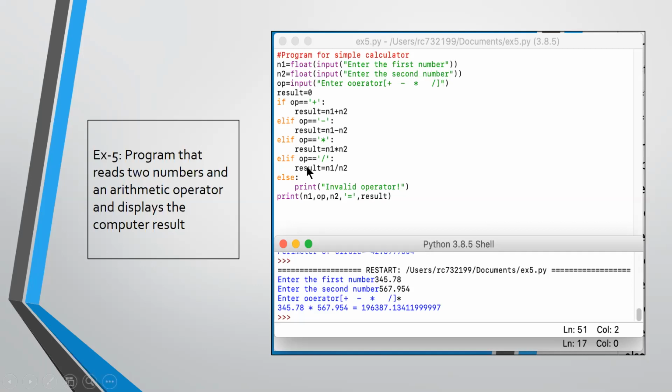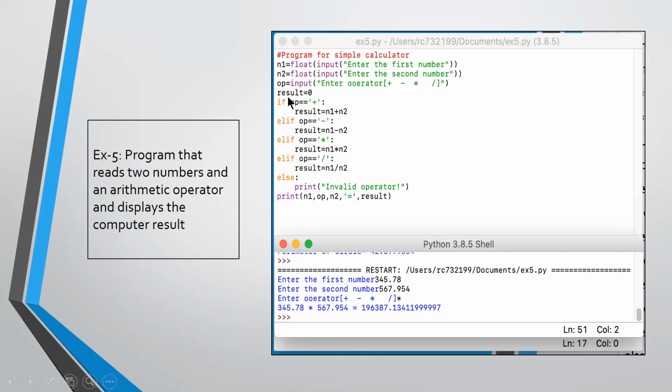Okay, look at the example given here, that is, look at the program. n1 is float of input, or int of input, whatever it may be, and then I'm reading the operator. Input: enter the operator, plus, minus, asterisk, slash. Any one of the operators you are asking the user to enter.